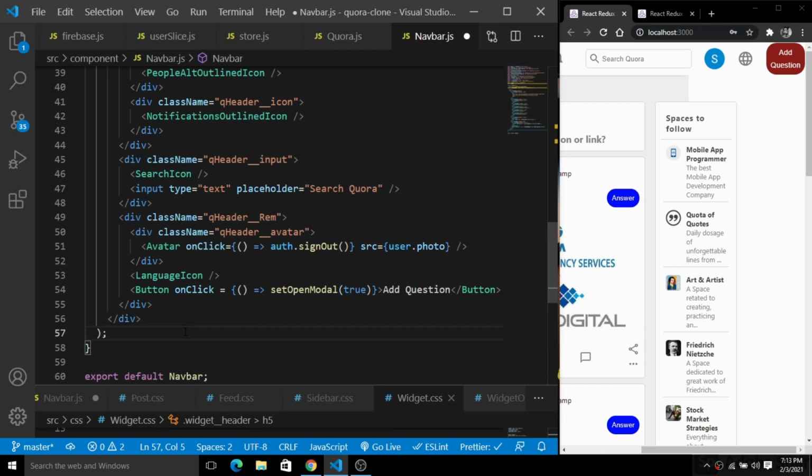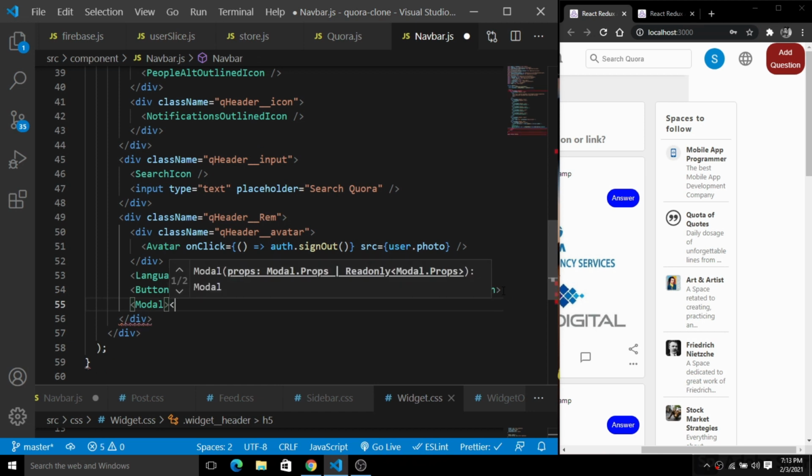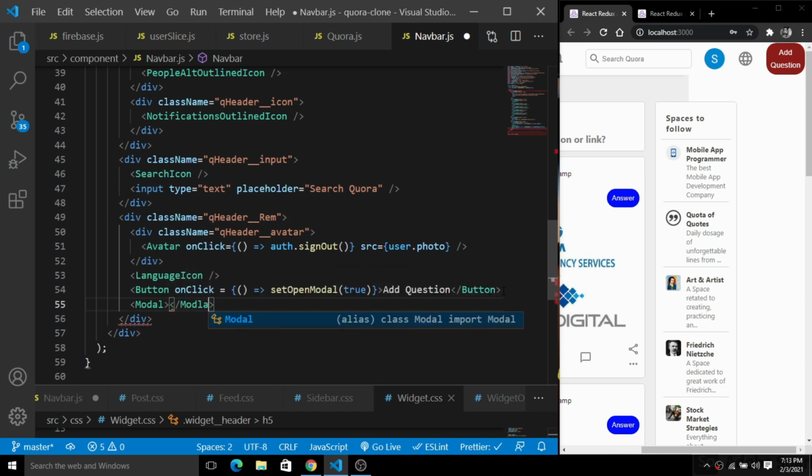Now it's time to create a model. So how we will do this? You simply have to grab inside of this div here. I'm going to do the same thing here. To add the model, it is just simple: you have to create a model tag here, just like a simple tag that you use in native HTML. So we have this model.